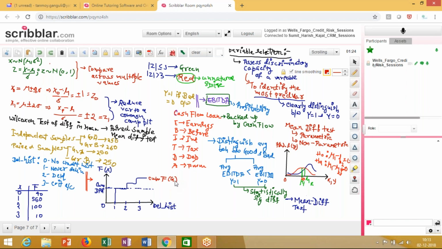Now, over here what you get is things starting a little on the lower side, right? So things starting a little on the lower side tend to match it up, and it increases up to this. So this is your cumulative distribution of bad, F of B,